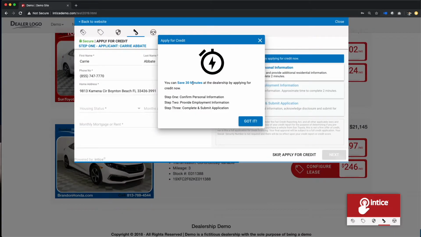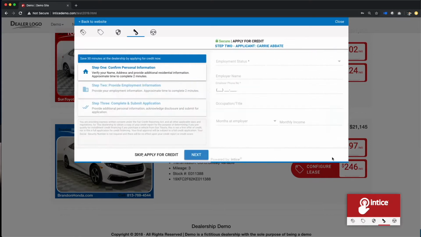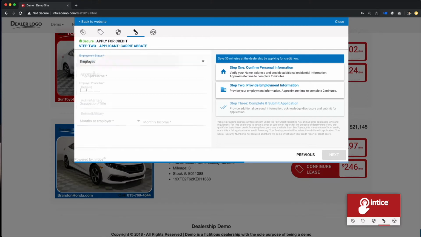We do let the customer know that they're going to save time, save 30 minutes at the dealership by applying for credit now in 3 easy steps. Confirm personal information, provide employment information, and complete and submit application. Okay, got it. We've already pulled over all the information we have about the customer. The customer can let us know a little bit more information, such as information about their housing and their mortgage payment. They can let us know about their employment status,